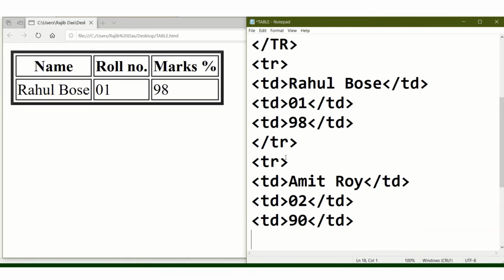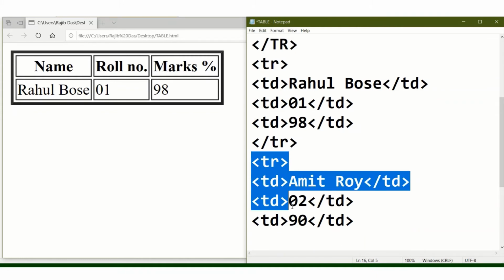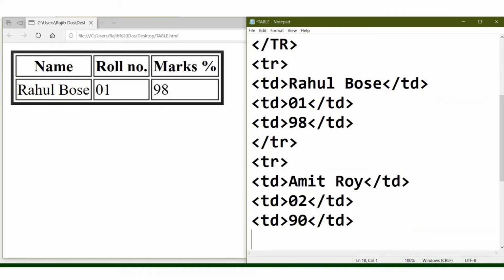After that, this TR I have already started, so I have to close it after the columns, so slash TR. Okay, so I have written the code for the third row.